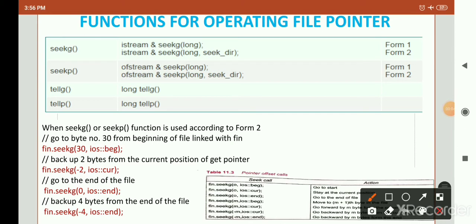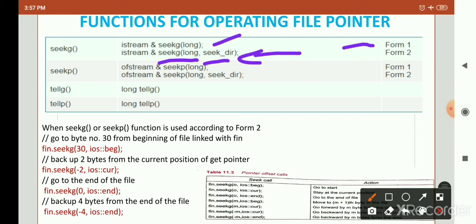Previously we saw how to use form 1 with an example. Now in this PPT we are going to study how to use form 2. What is the syntax? It's istream and seekg with a long and a seek_dir.